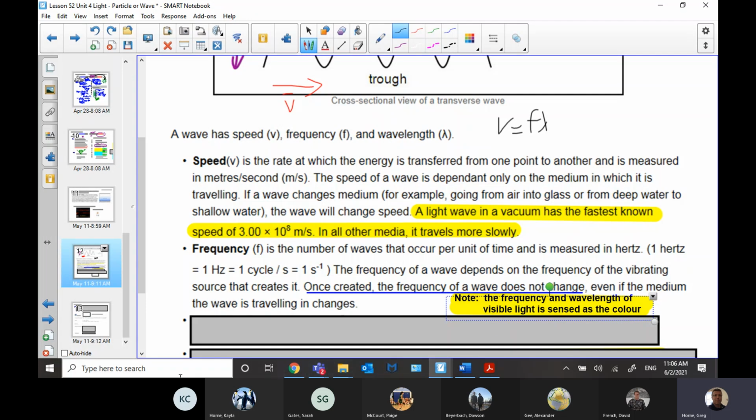So I'm just trying to make those ties, kind of like when we did the sound unit in grade 11, we talked about how frequency was to do with the pitch, the high and low pitch of sound, right? So I would make note of that. Of course, frequency and wavelength are what we see as color. You could just say either of them, frequency or wavelength, because they're fundamentally tied together, because the speed's always 300 million.